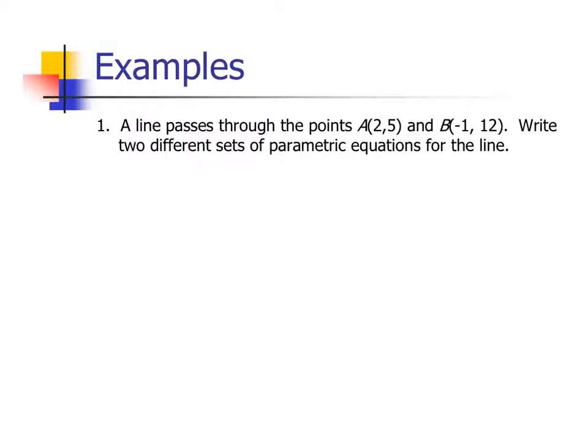So now we can have a question like this, right? Just like in grade 9, we have 2 points that are given to us, and we want to find the equation of the line through those 2 points. So we're not going to do y equals mx plus b, but we're going to do now the parametric form of the equation of a line in 2 dimensions. So again,